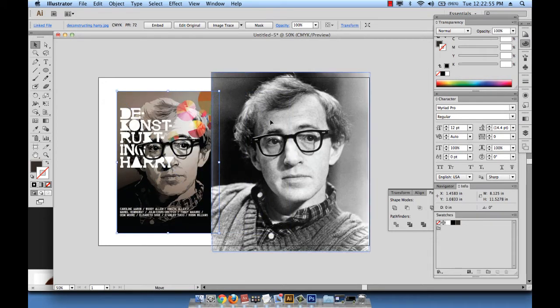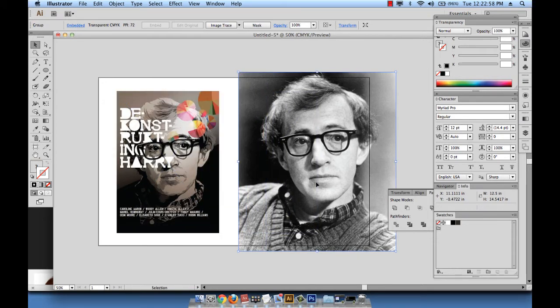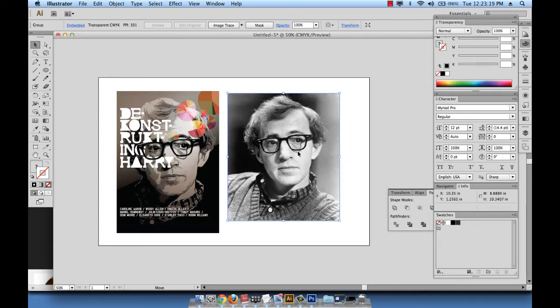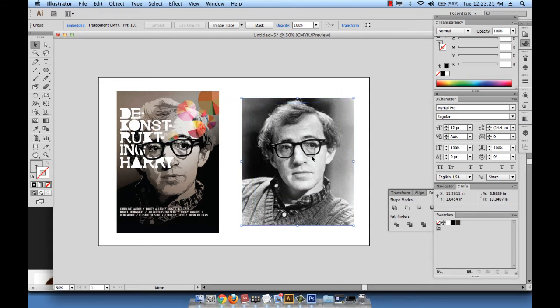Okay, I realized that the image of Woody Allen is bigger than what I have in the poster. So what I need to do now is scale it down so that it more or less matches the size that I have here. I can hover over this upper right edge and hold down the shift key and then scale it down like so if you want. That should be fine. Now, in the end, the proportion of this poster is not going to be exactly as